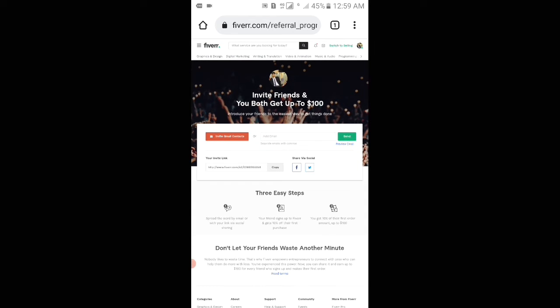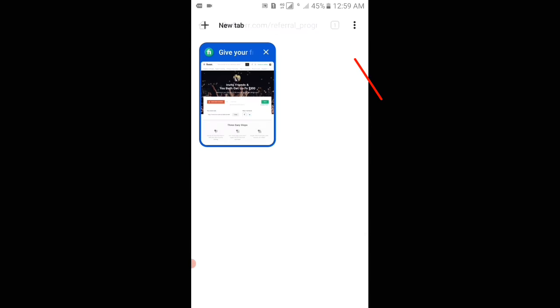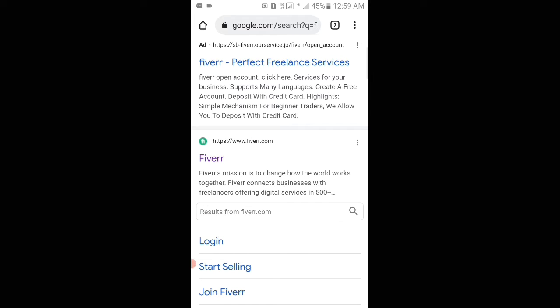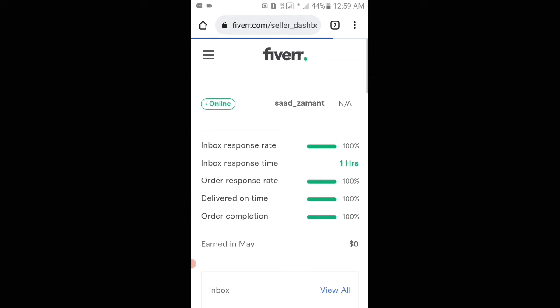After that viewers, what you have to do is tap on the tab count icon, and then you have to tap on the plus icon, and then viewers, in the Chrome search box you have to again type Fiverr, and then you have to search for it. After that viewers, you have to scroll down and you can see the hypertext which is Fiverr, and the hyperlink is https://www.fiverr.com. So you have to tap on the hypertext,